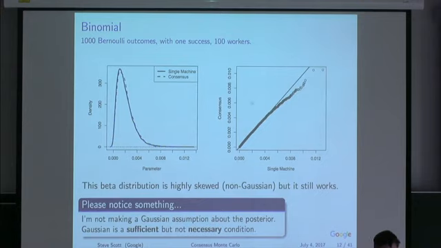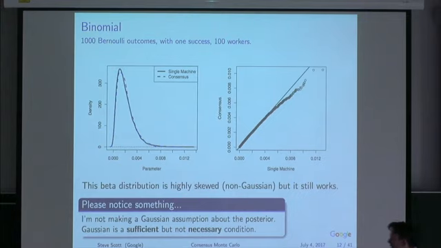What's being shown here on the left-hand plot is, I think, the black line is the actual beta distribution that gives you the right answer. And what's plotted here in the dashed blue line is what you get from the consensus Monte Carlo example, where you just combine things using the recipe that I gave you, using the weighted averages. These don't line up perfectly, but they're awfully, awfully close. You have to do a QQ plot and look way out in the tail in order to see where the discrepancies are.